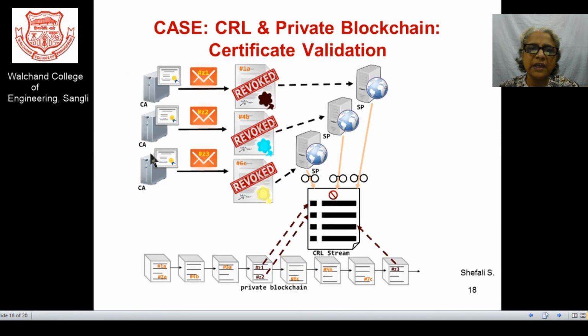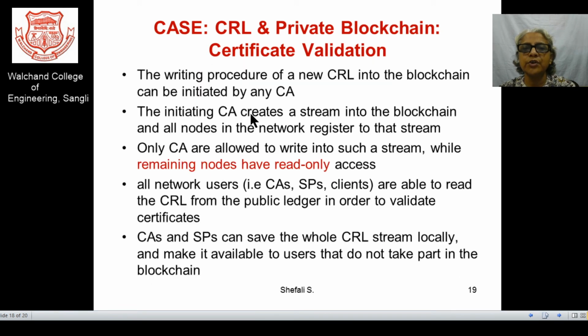So those CAs can write into the particular list, but other nodes, or intermediate nodes if there are any in the network, just enjoy the facility as read-only. All network users, that is the certification authorities, the service providers, or even clients, are able to read the CRL from the public ledger in order to validate the certificate.